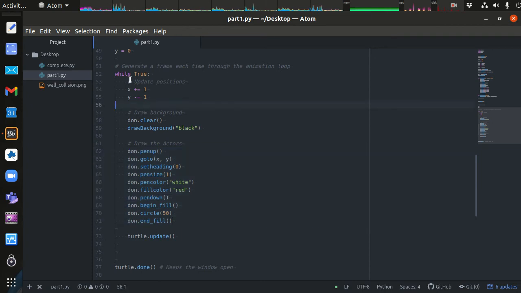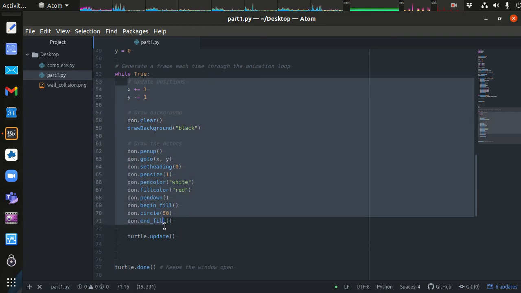The frame rate has to do with how often you can execute 1 single frame. So 1 cycle through the animation loop would be 1 frame, and the rate of that is how many frames can you make per minute or per second. So usually, depending on what you're doing, it used to be 30 frames per second. Now 60 frames per second is high quality, like video game quality